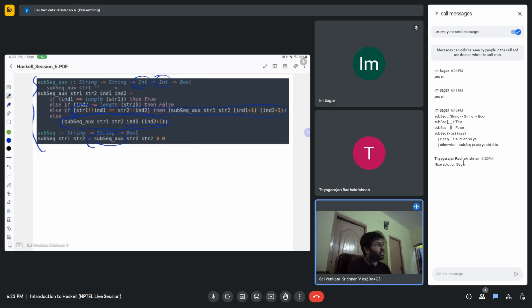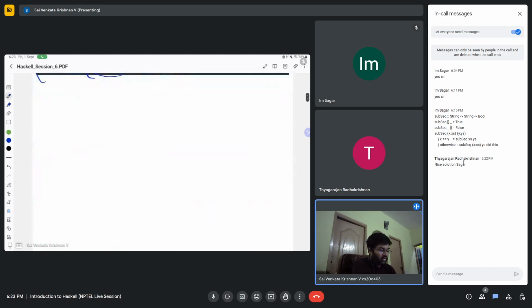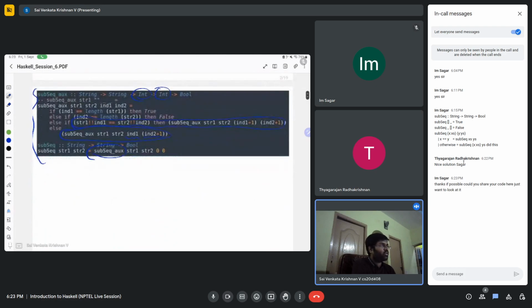But if you notice Sagar's code, it's cleaner as well as easier to understand. So that's the advantage of using these pattern matching constructs which Haskell provides. So in that case, let's move on to the